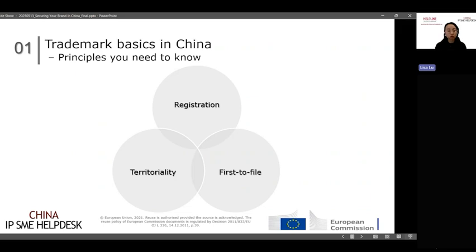If you do not register your trademark in China, then you may find a lot of copycats or counterfeiting in China, and then you will realize you cannot do much about that. That's why it's important to register your trademark in China. And there are three principles you need to know about trademark protection in China. First is registration. If you do not register your trademark in China, then you are not fully